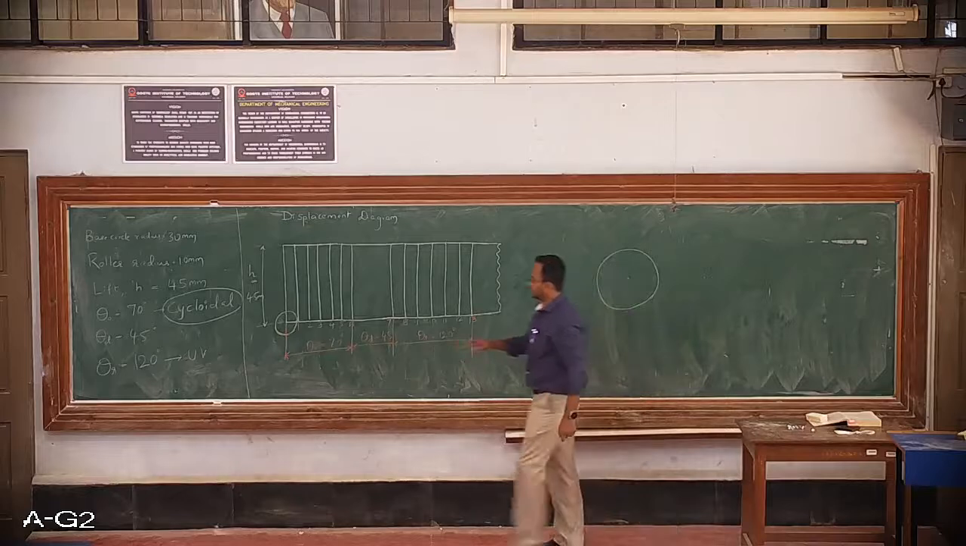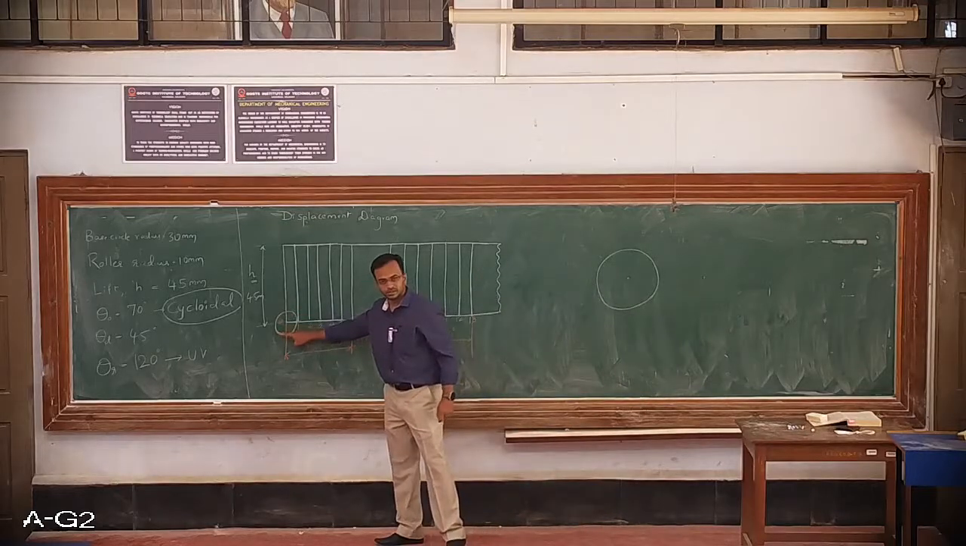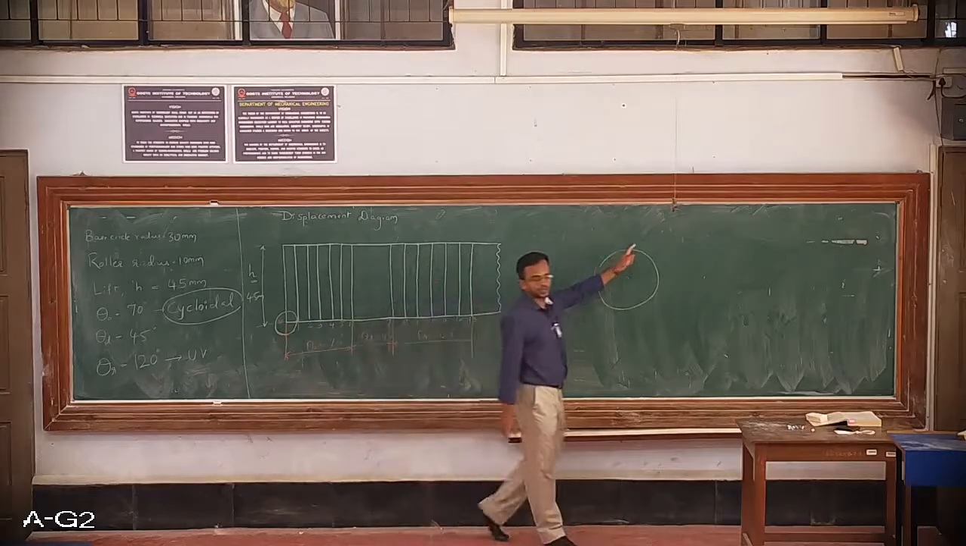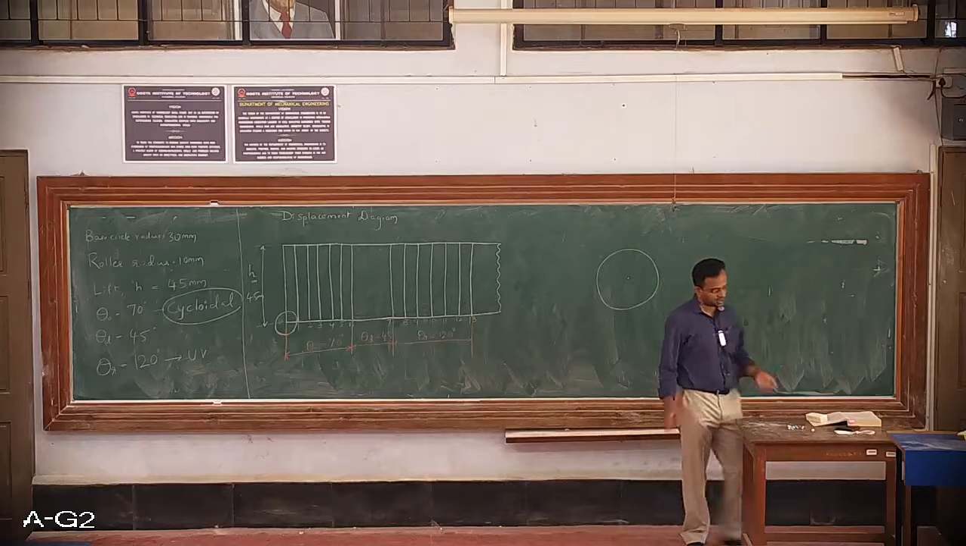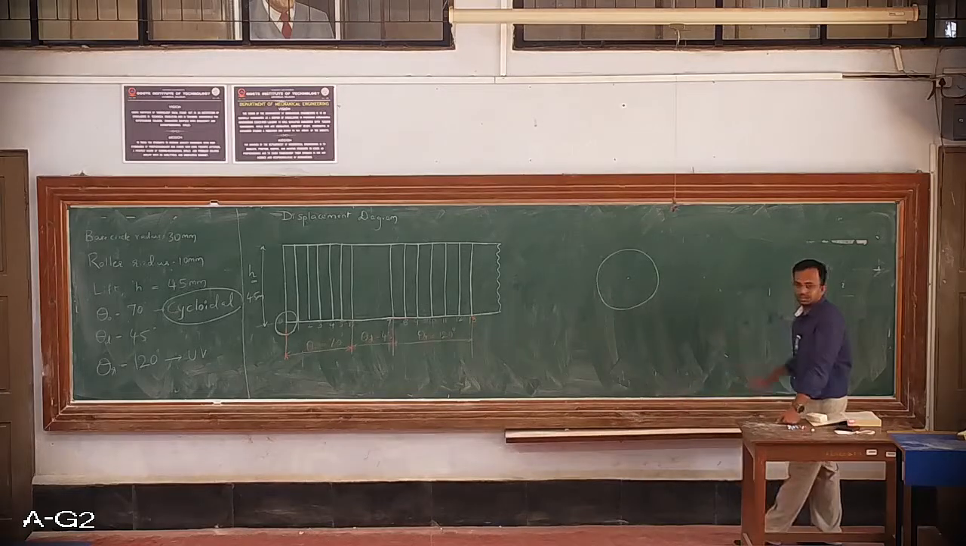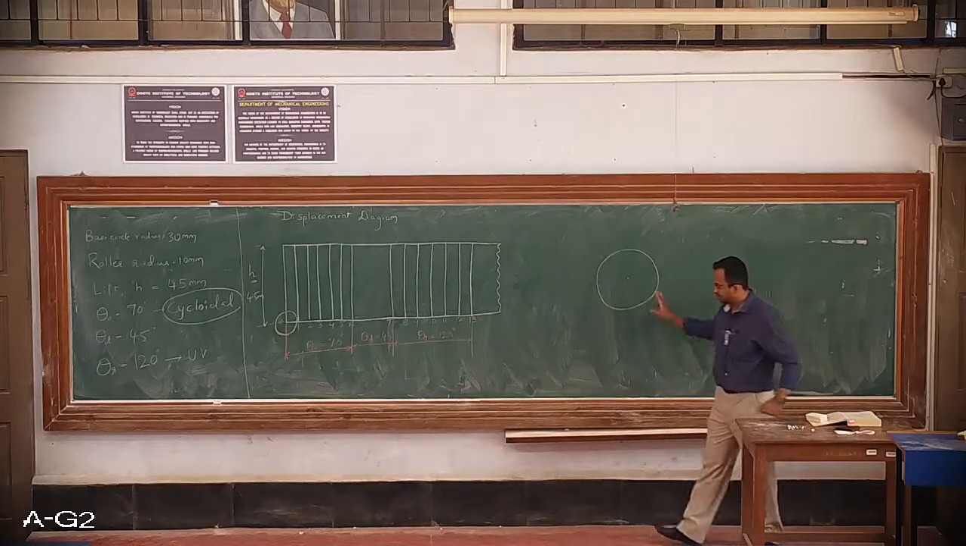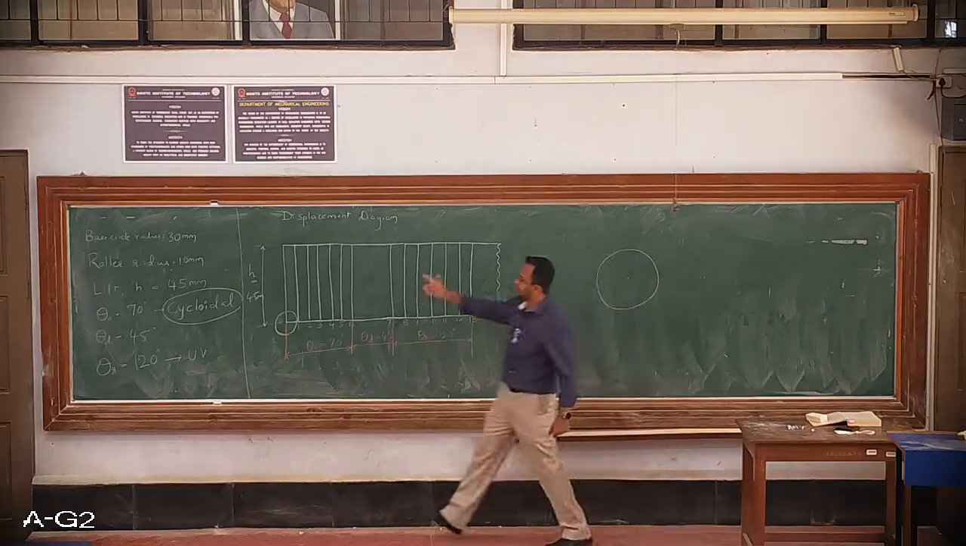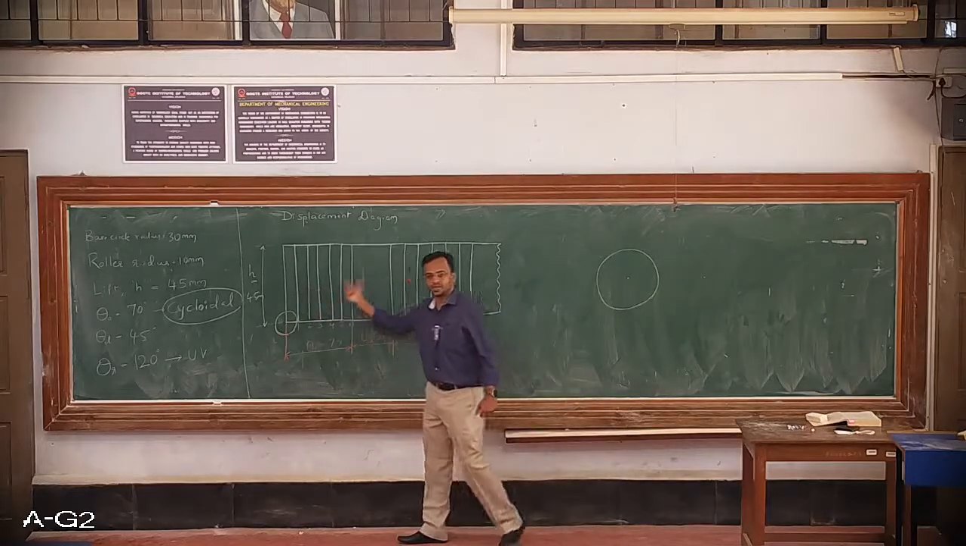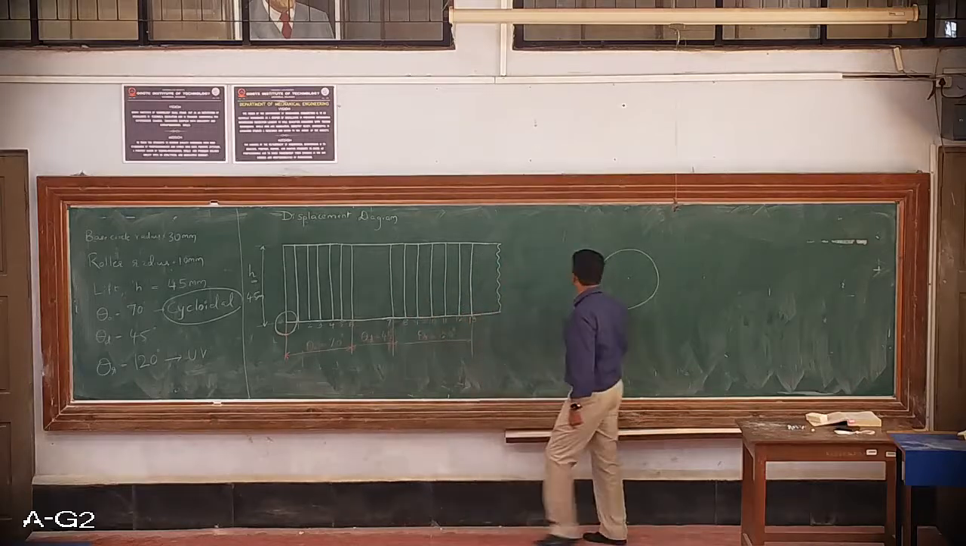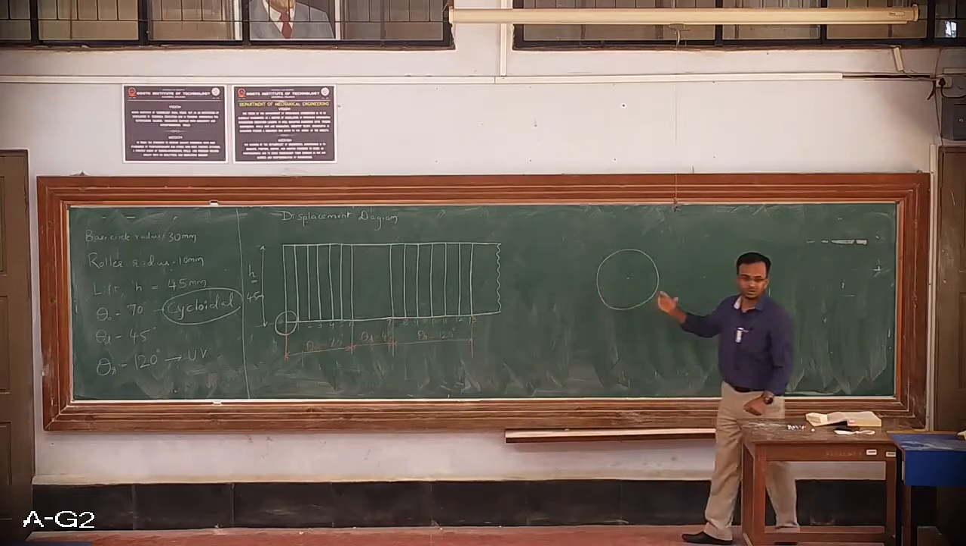I'll repeat. Whatever circle I have drawn here, the same circle I have enlarged and drawn here so that it will be visible for you guys as to what has to be done with the circle. Once the circle is drawn, in the next step you are supposed to divide the circle into the same number of parts as you have divided the rise stroke and return stroke. That is, I have to divide this into 6 equal parts